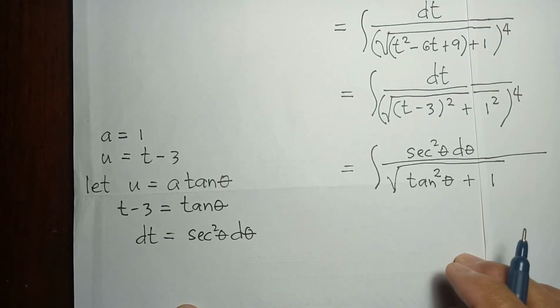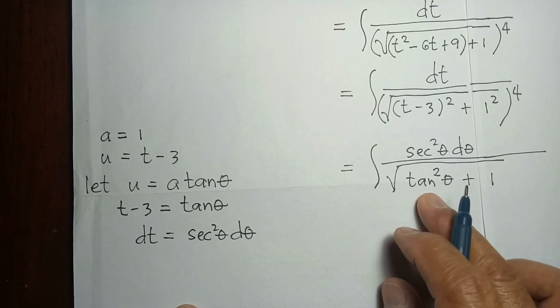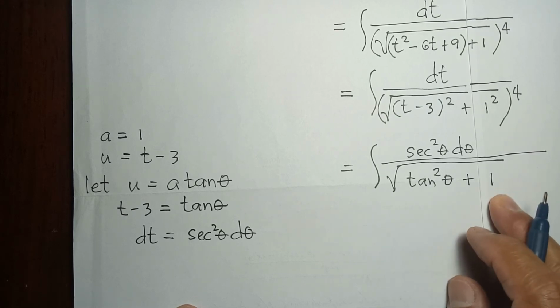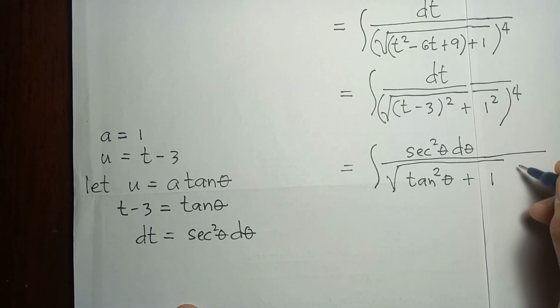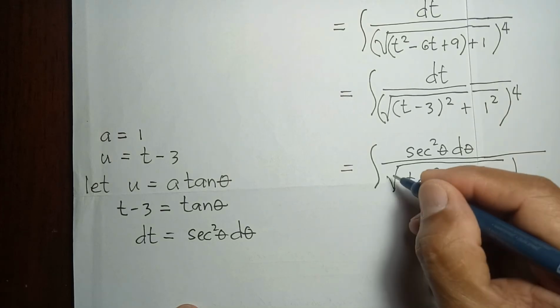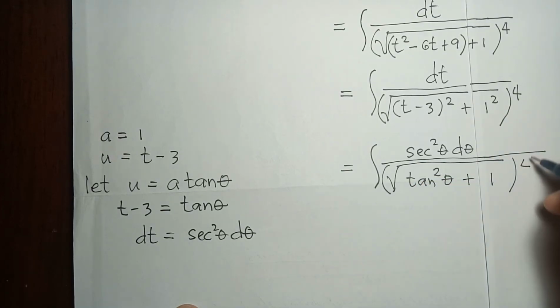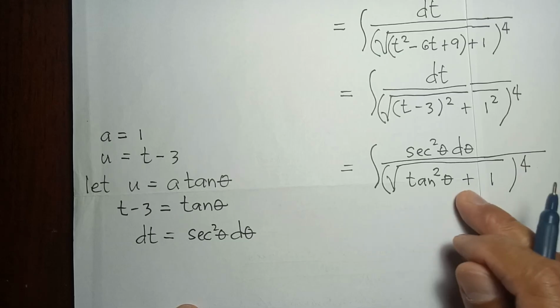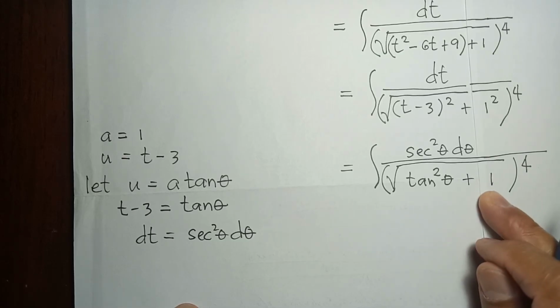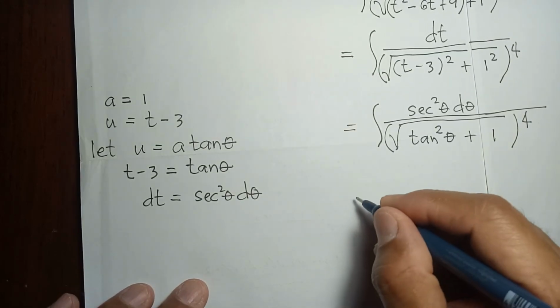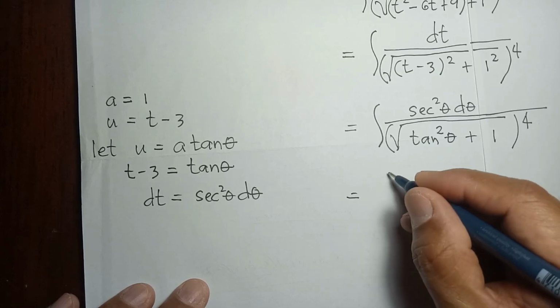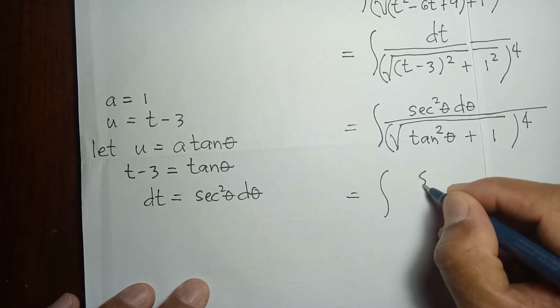Ngayon, yung tangent squared plus 1 ay equal siya sa secant squared of theta. So, papalitan natin ng secant squared of theta. So, magkakaroon tayo ng integral of secant squared